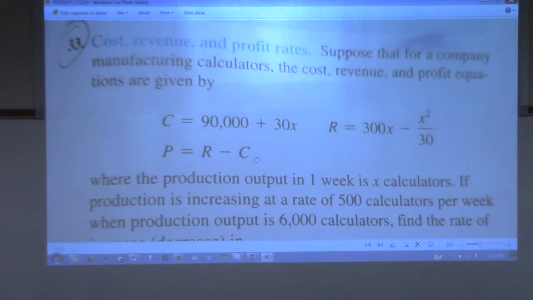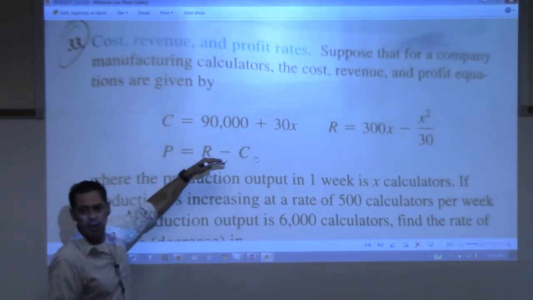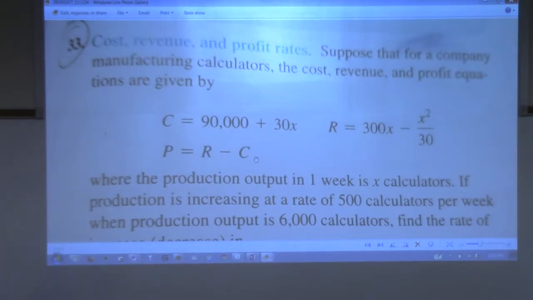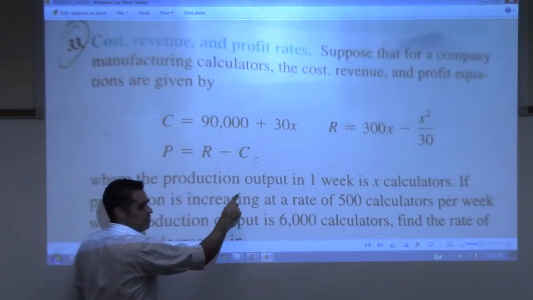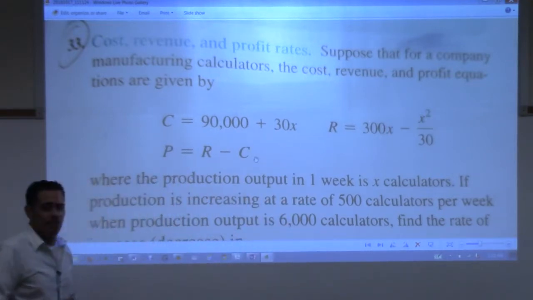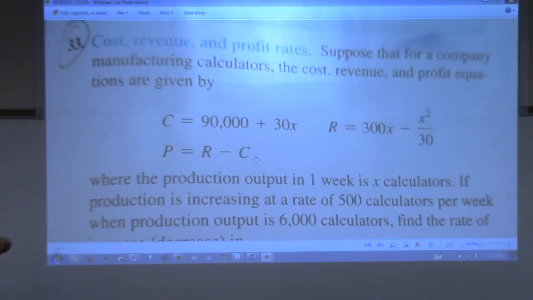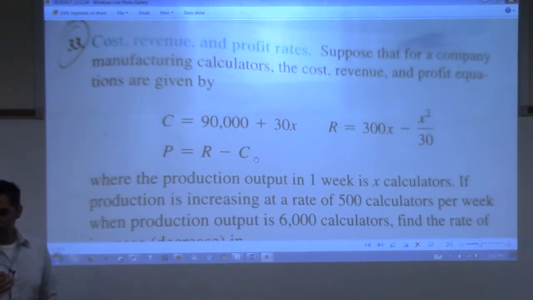So we're talking about cost, revenue, and profit. Suppose that for a company manufacturing calculators, the cost, revenue, and profit equations are given. So here's our cost, revenue, and profit. And remember, profit is revenue minus cost. This next part of the given sentence is important: where the production output in 1 week is X calculators. So the variable X that you see in these equations represents how many calculators are produced in 1 week for